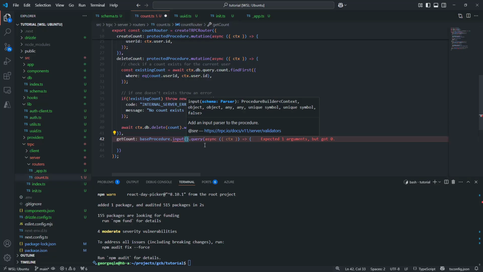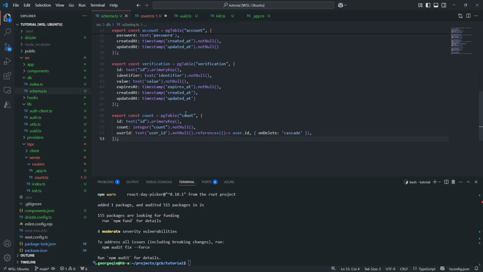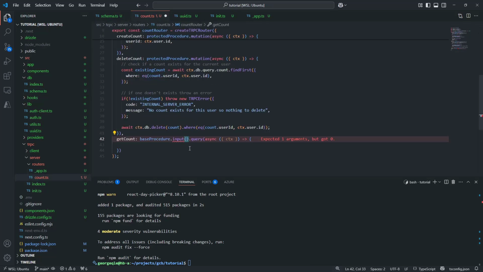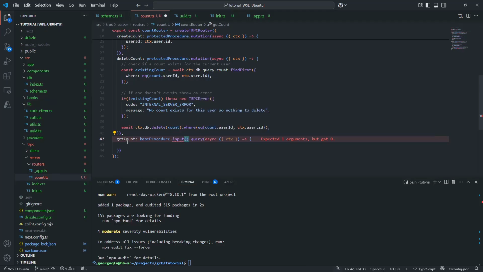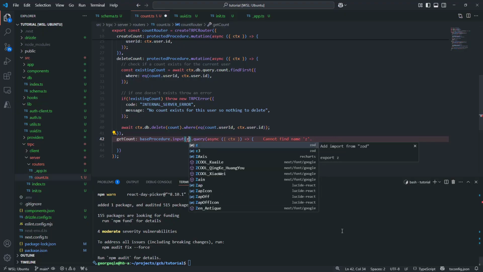So this would be the place for us to provide a schema for our input. It's not the same schema that we provided here in schema.ts. We're providing a schema of what a user needs to input to this get count procedure in order to get a proper query. So we're going to do z to grab from Zod,